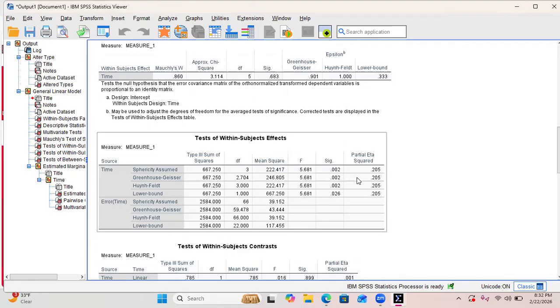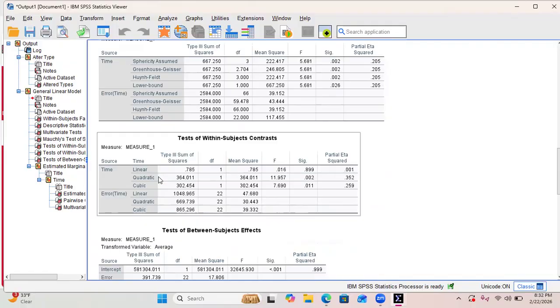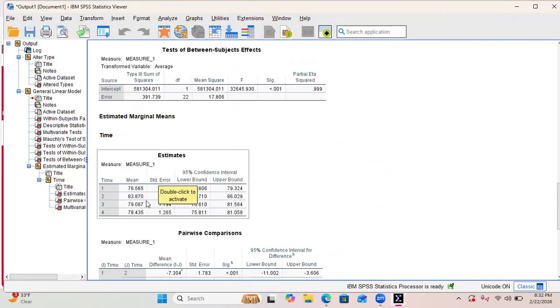Attitude improved significantly from the pretest at a mean of 76.565. And then 5 minutes after they have eaten the chocolate, their mean was 83.870. Then 1 hour after, the mean was 79.087. And then 4 hours later, the mean was